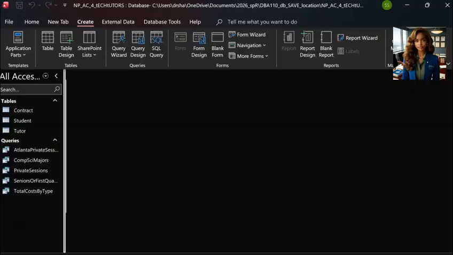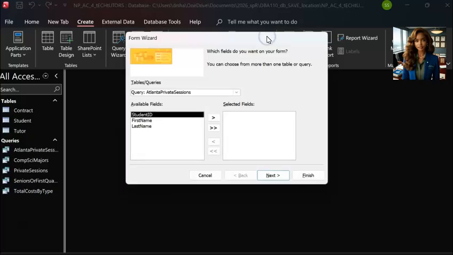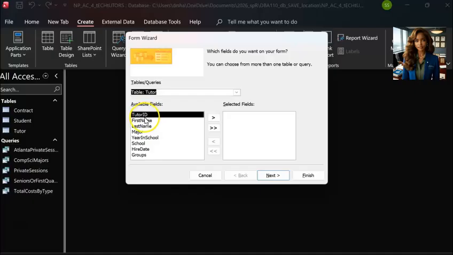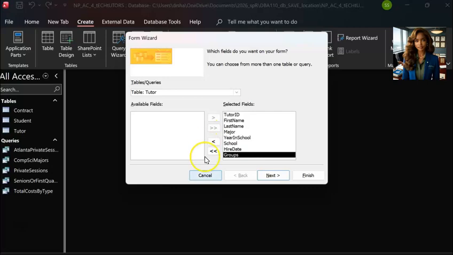So in our task 2, we're going to create tutor form using the form wizard. So we're going from the Create tab in Forms, we're going to click on the form wizard. From form wizard, we're going to select table tutor. So in your drop down list, table tutor. From here, we're going to add all the fields to the selected fields. So to add all of them at once, click the double arrows, select next,